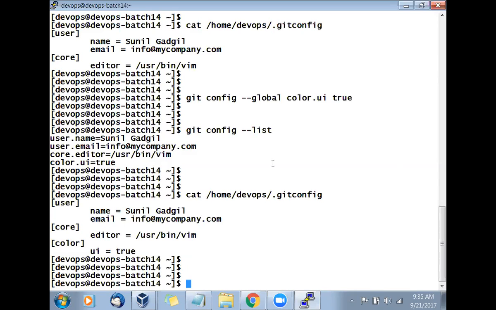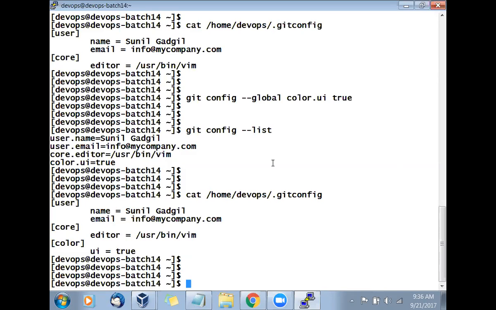Okay. Now, when you are working with Git, you'll always work with the project directory. So now we are working with batch 14. So we'll create our batch 14 directory as a project directory. Every file which we are going to learn from today onwards will be in that folder. If it is shell scripting, all the files in Git. If it is Vagrant, all the files in Git. If it is Docker, Chef, Ansible, Jenkins, or whatever, all the configuration files will be under a revision control system.